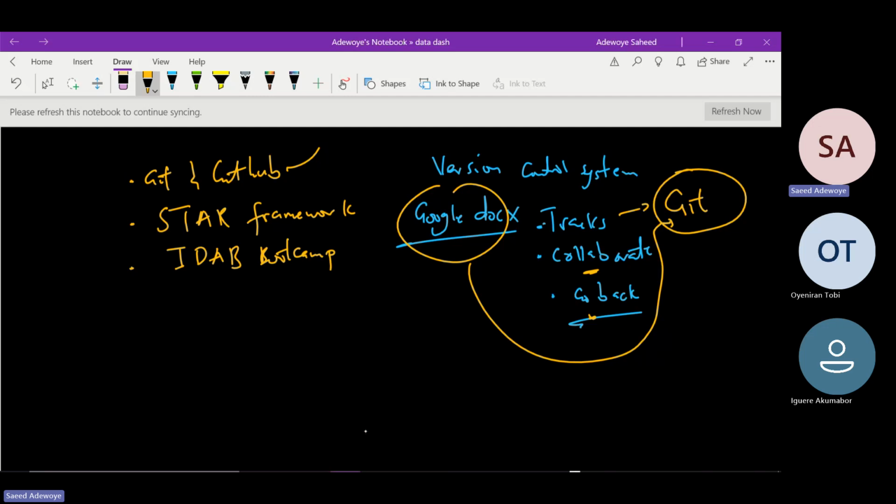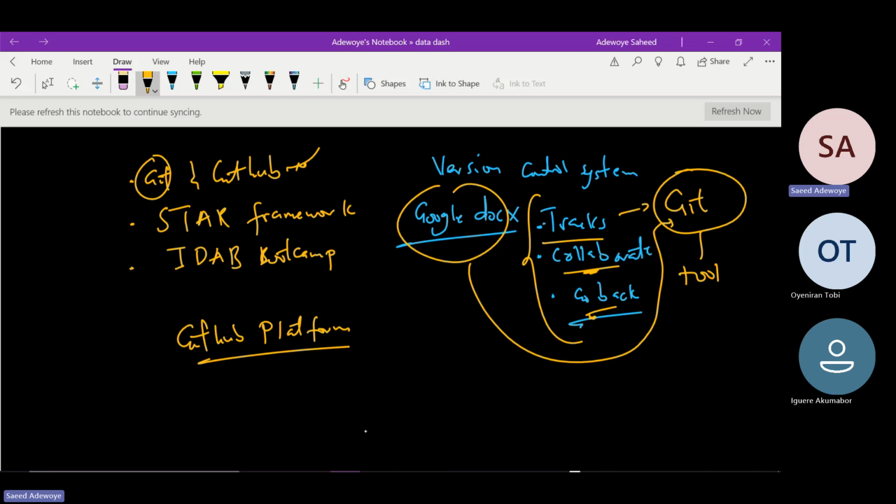So that is what Git is all about. Git is the tool itself that we use to achieve all this tracking, collaboration, and reverting back. It's a tool. Take notes. However, GitHub is a platform that uses Git to achieve all these outlines. Think of GitHub as a platform. There are many platforms that use Git aside from GitHub itself. So GitHub is one of the most popular platforms for Git.